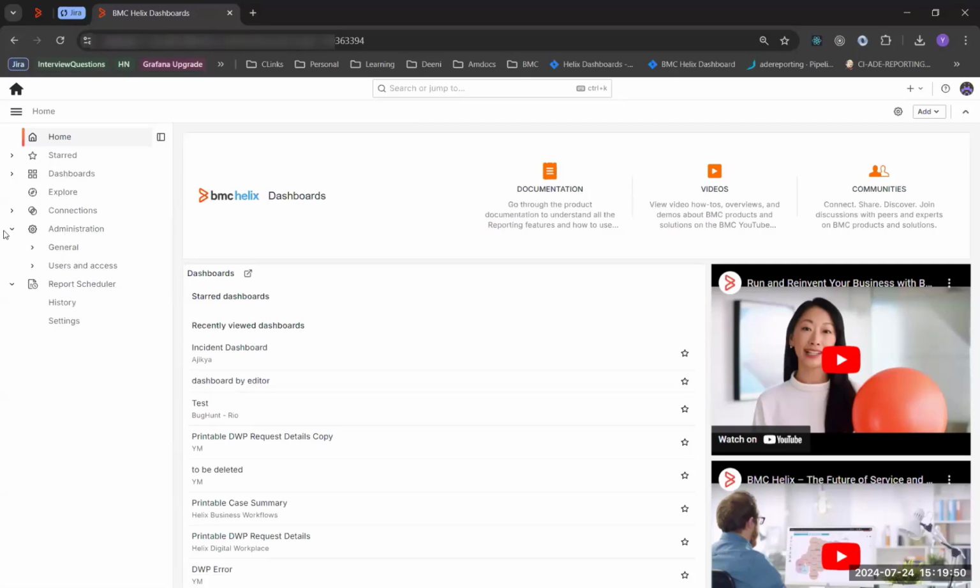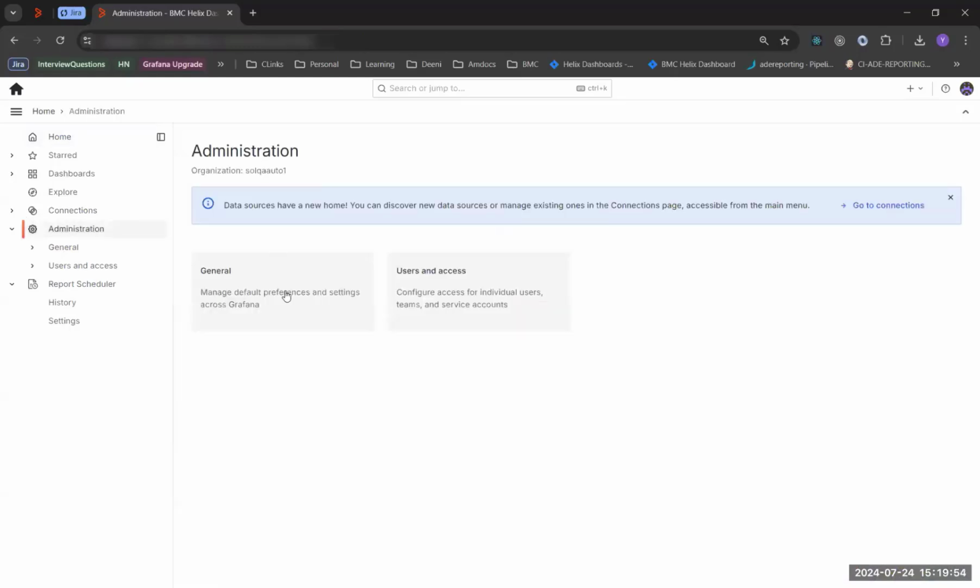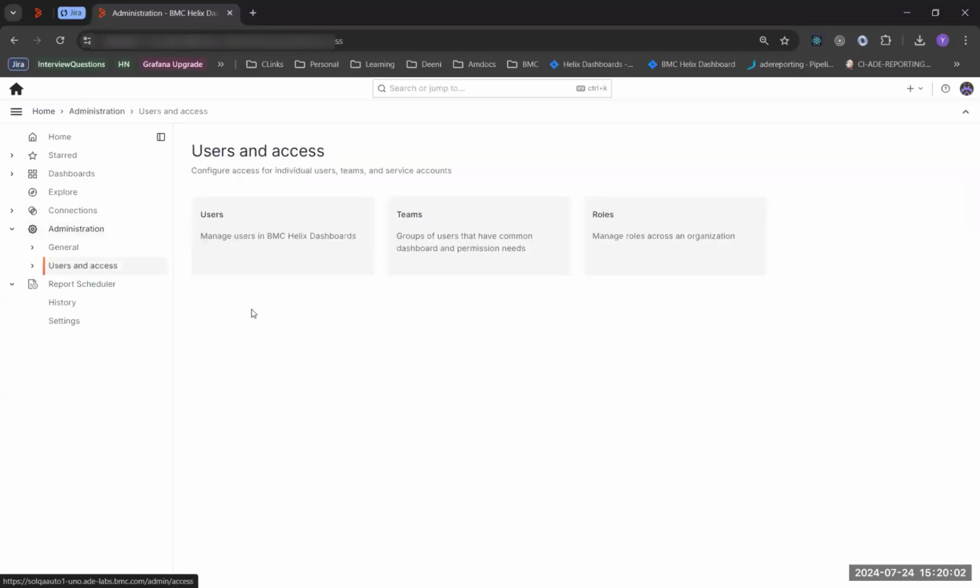So I'll just show you the administration. Under administration, I used to see so many tiles previously, but I do see the subnodes now. If I click on a particular subnode, then I would see the respective tile and respective node under it. So these are the changes on the side navigation, and the docking and undocking of it. Then I'll go one by one across each route in the